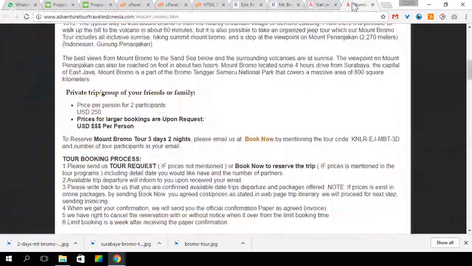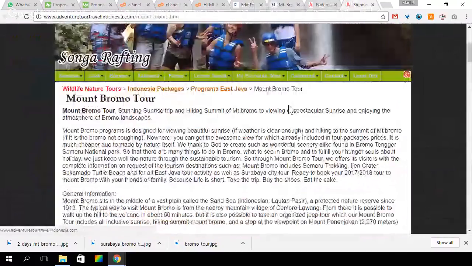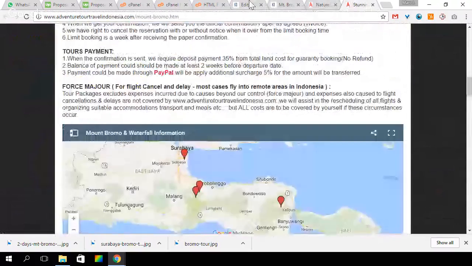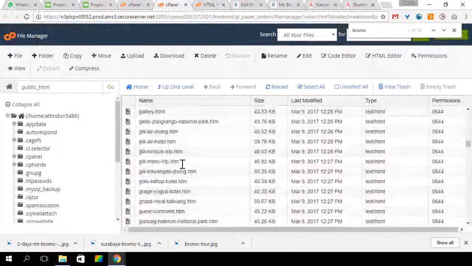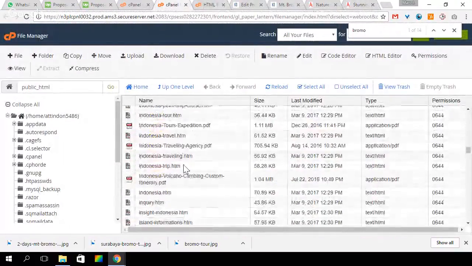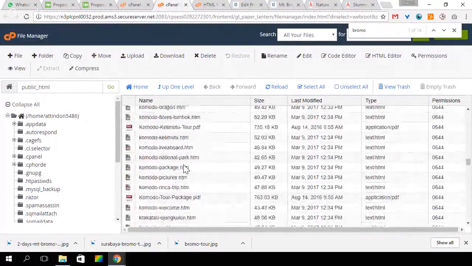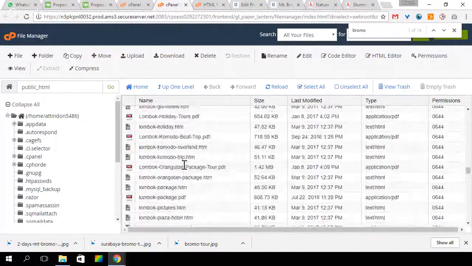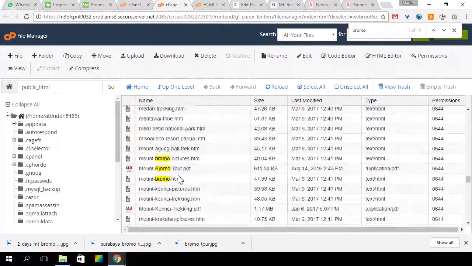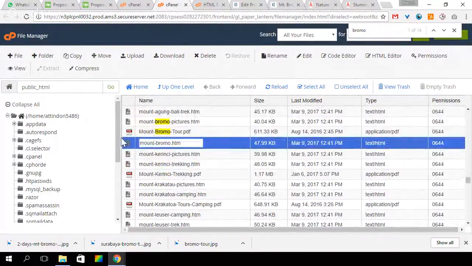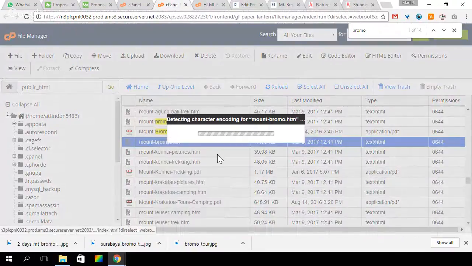I'm sorry. I'm going to just find the right one because that's the thing. Sometimes he has the same tour but different name. So in fact, I should have chosen this one. So I'm going to just open it quickly,